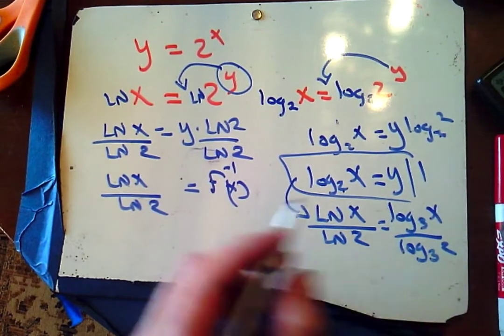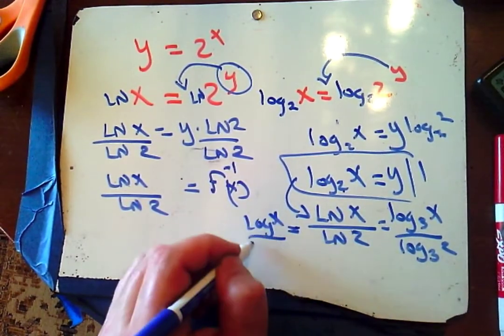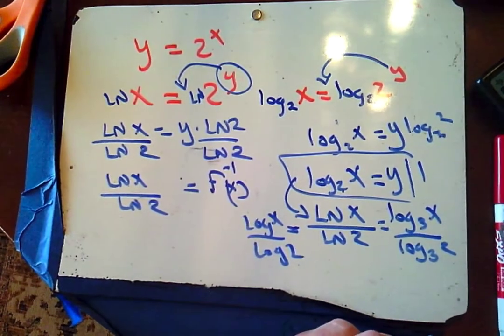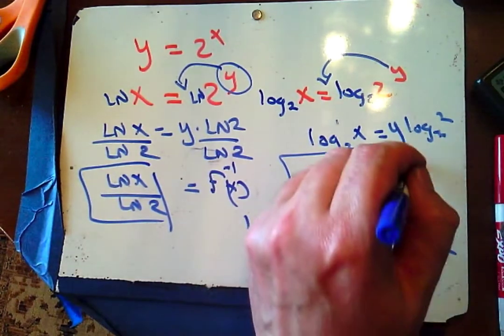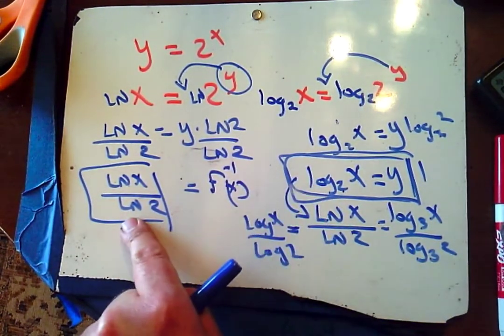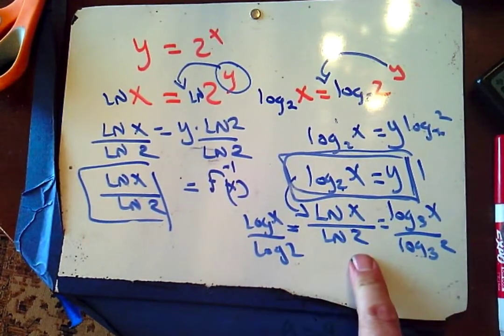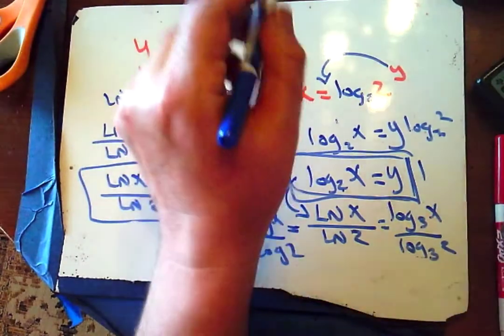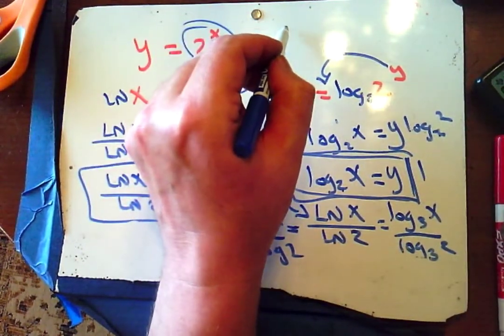Probably would never do that. I might use the common log, though, log x over log 2, and that would work as well. But this and this are the same, and to get from one to the other, I use this thing called the change of base formula. What I'm pointing out, though, more importantly, is that the inverse of this exponential function is